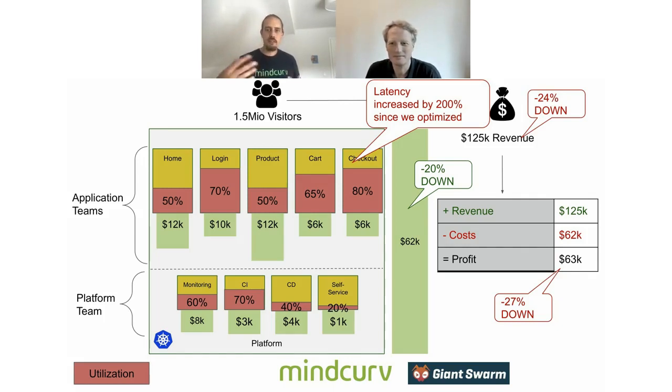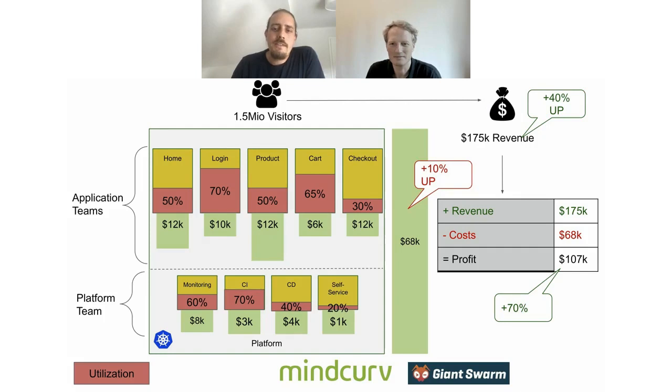So what the engineers found out, thanks to monitoring and latency, they fixed it, right? They even invested, as you can see here. They went from 8 to 12K to give it some room, increasing the capacity for the checkout service. We learned it now the hard way. Yes, the costs increased by 10%,